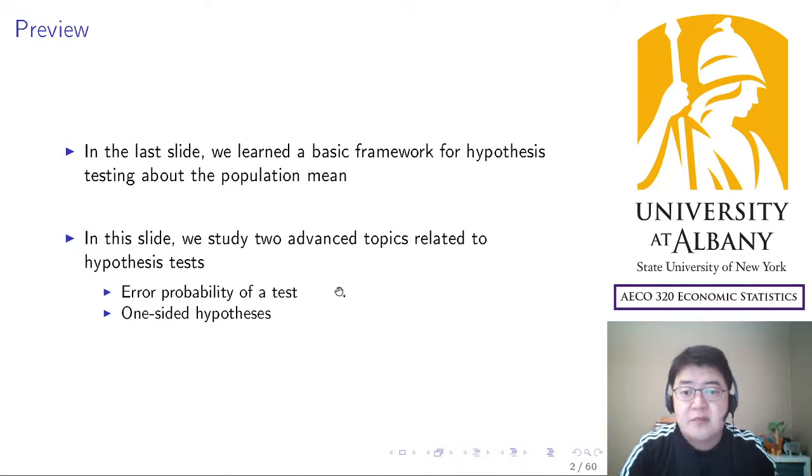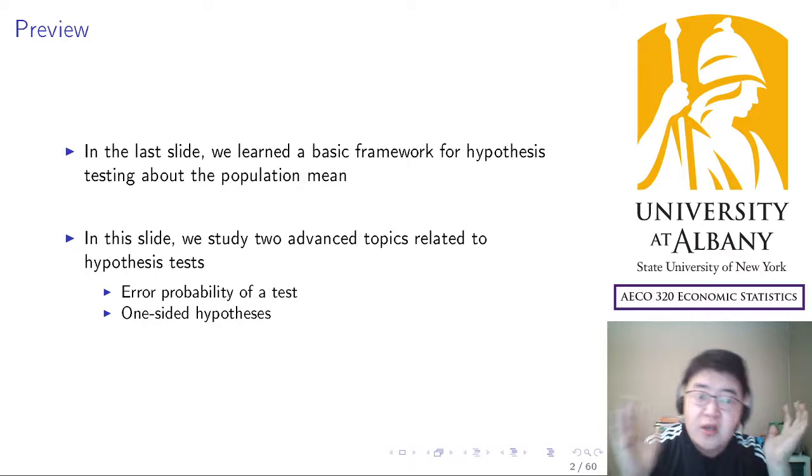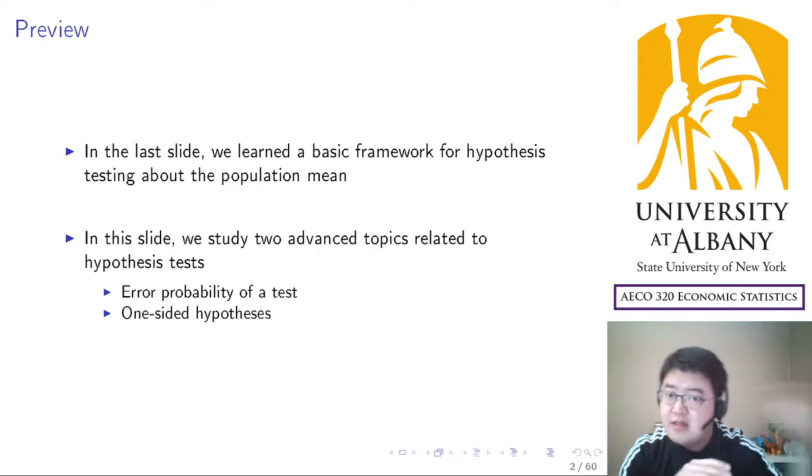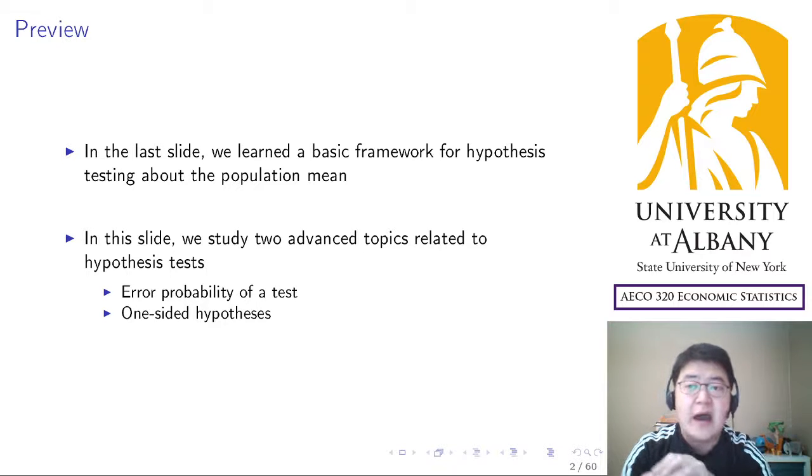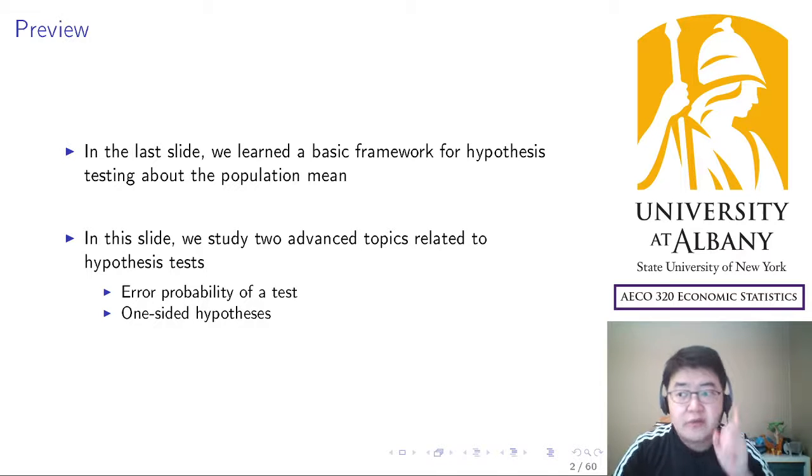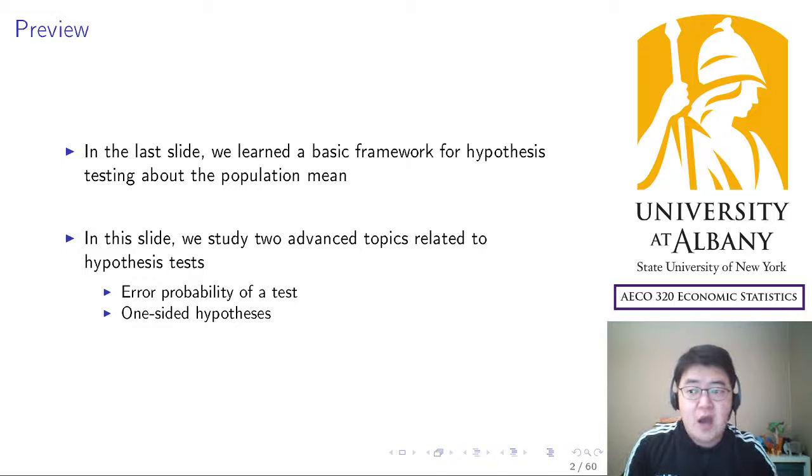The first part is about error probability. What I did in the last lecture was to just define the decision rule. I just declared we are going to reject the null hypothesis in this case. But I did not say anything about its accuracy, or how much we can believe it, or how many errors can happen. So the first half of Chapter 10 is about the error probability, or evaluation. It's to evaluate how accurate, how good